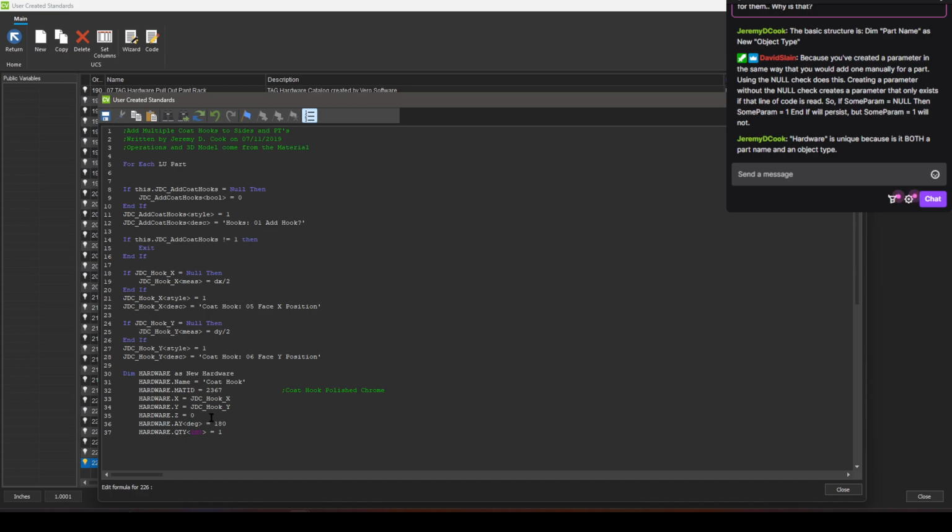So then our Z value, we don't want to be anything. We just want it to be 0, because we want this piece of hardware that we're adding to rest on the face of the part that we're adding it to, because only when the part touches will the operations that we have associated with the model actually fire or trigger into that part. So we want to have a Z value of 0 in this particular case, because we're adding the hardware to